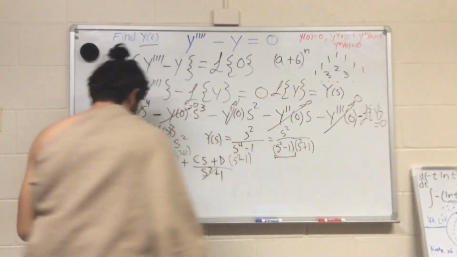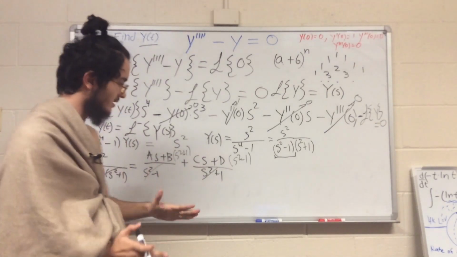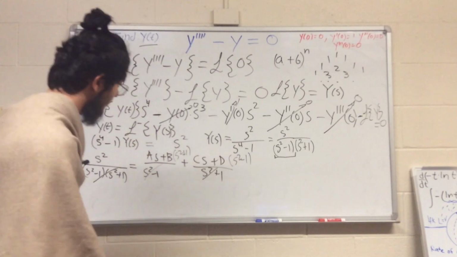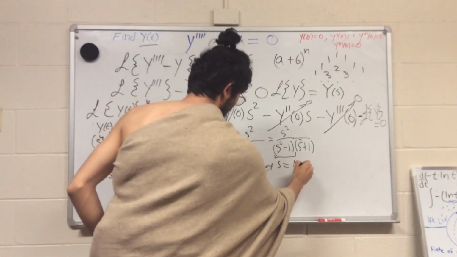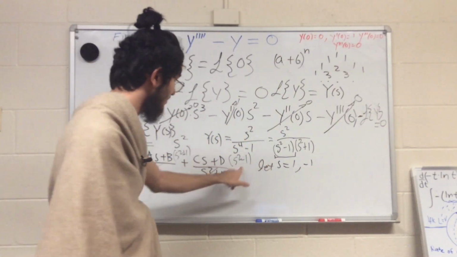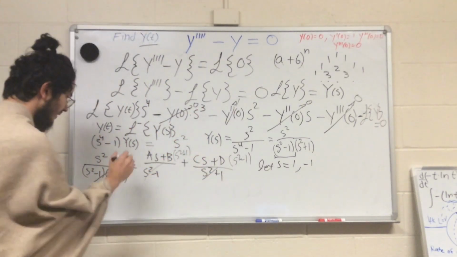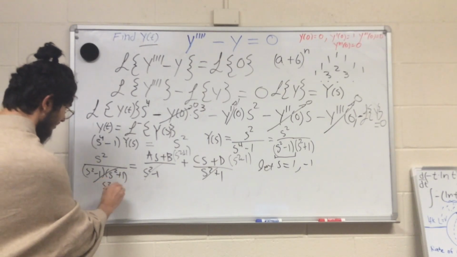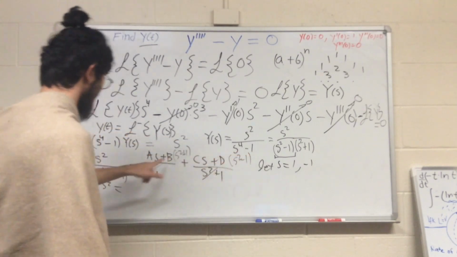Now we can simplify this a little further by getting two different equations for which we can solve for the values a, b, c, and d. So for example, let s equal 1 and negative 1, right? Because clearly over here, s equals negative 1 and 1 gives two different equations that are quite similar. So then we get that s squared is nothing but, if we substitute s by 1,